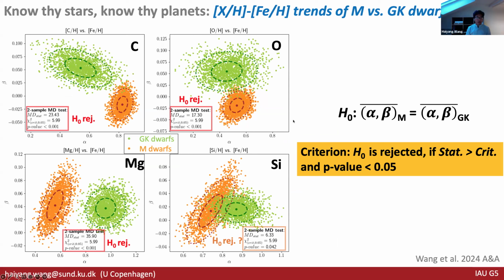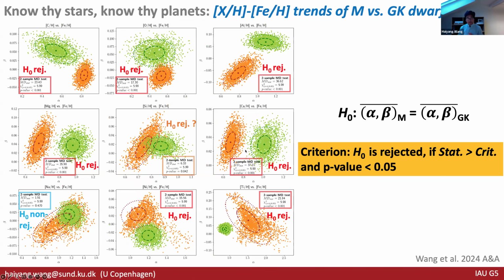So you might notice that for carbon, oxygen, and magnesium among the dwarfs, they would be rejected based on their p-value, where for silicon, you might see the p-value is about 0.04, so it's very close to the rejection criteria. And to some degree, the rejection criteria is arbitrary, so 0.05 is chosen for the CARMENES in the statistical analysis. So then we label the silicon here as the question mark, and then we will try to follow up on